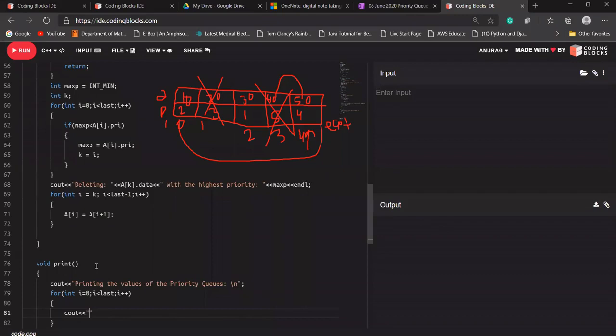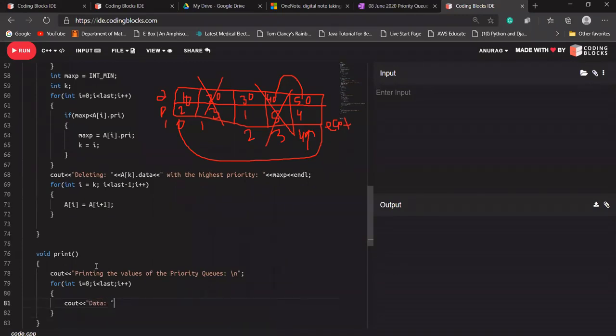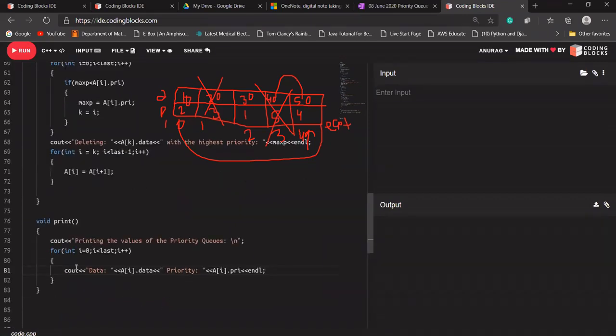I'm printing here the data of a[i] as well as the priority, a[i].pri, endl. So what it is going to do is just print the data of a[i] and the priority of a[i].